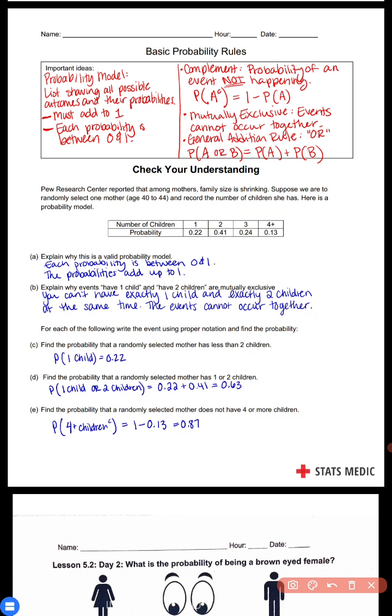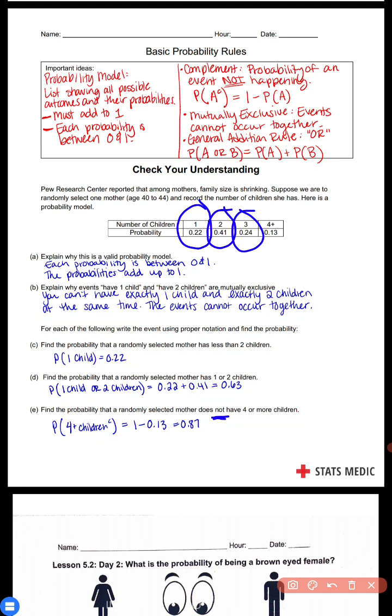Okay? Part E says this. Find the probability that a randomly selected mother does not have 4 or more children. So a lot of people will miss questions like this because they don't pay attention to the word not. When you see the word not in a probability, that is what we call a complement. And here's what we mean by that. If I say, what's the probability that someone does not have 4 or more children, that means what's the probability that they fall in any of those 3 categories? Well, in a problem where you had bunches of categories, it could take you a long time to add all of that together. So what we can do instead, when we have a complement,